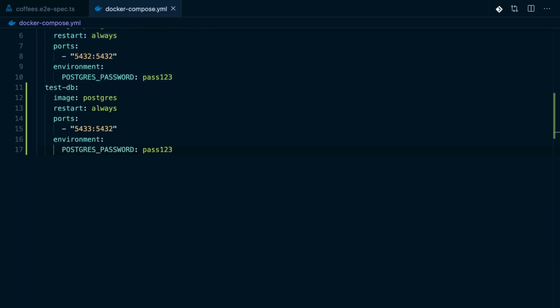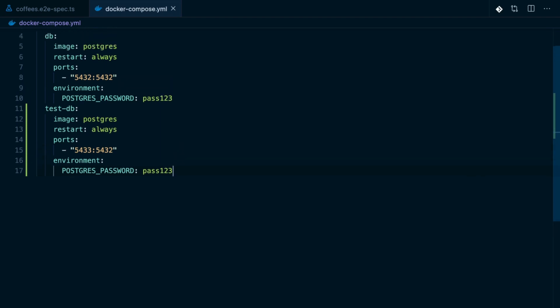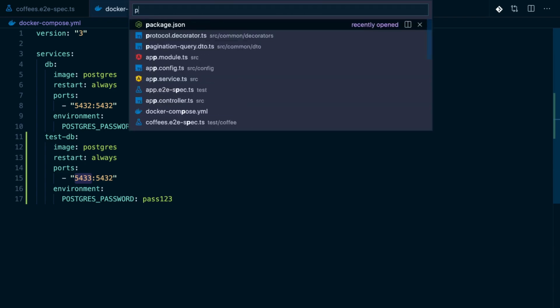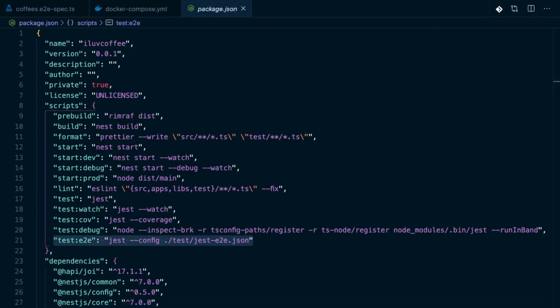We're going to use the same configuration options as for the original database, with one minor difference. We need to make sure that our ports aren't in conflict. So we're mapping port 5432 to the port of 5433 here instead. With this in place, let's open up our package.json file and define pre and post hooks for our test:e2e